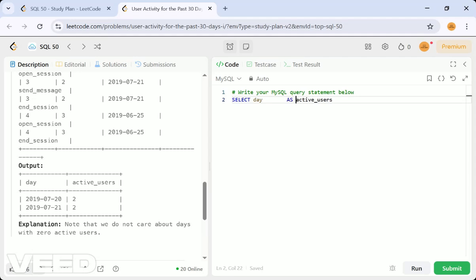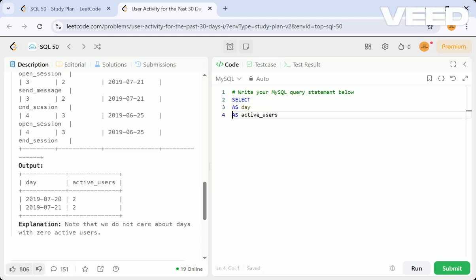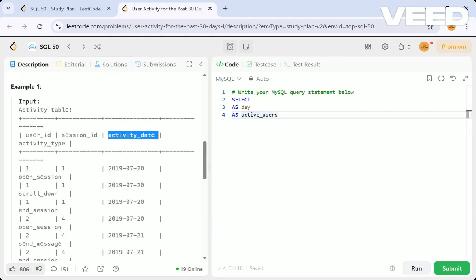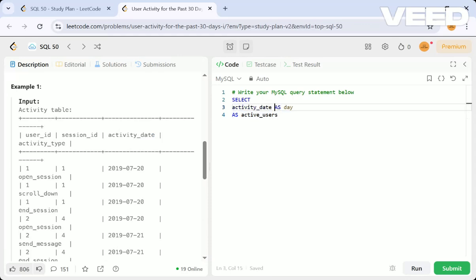I'm just taking the aliasing names: as day they want, and then as active users they want. Day comes under activity date, right? So day is nothing but activity date they want. Active users is nothing but how many user IDs are there.